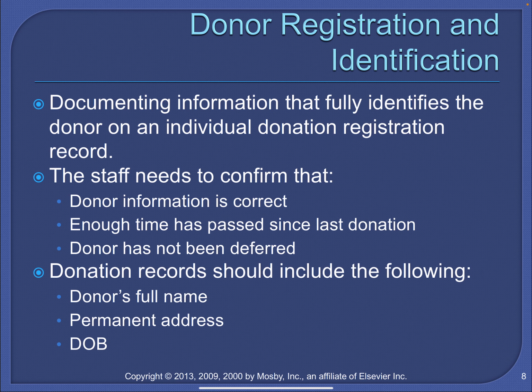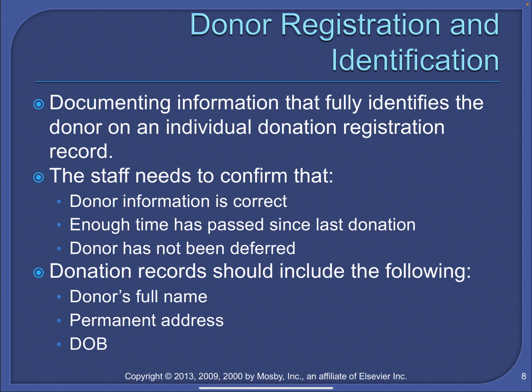If there are donors that have donated before, access to past donation history is usually in the computer system for that blood center. And so the staff member would need to confirm that the donor information is correct, that enough time has passed since the last donation, that the donor does not possess a previous deferral that's based on the history questions or test results. All of this has to be confirmed by the staff member. Okay, all of this is 100% essential because that's where we would identify someone who is not